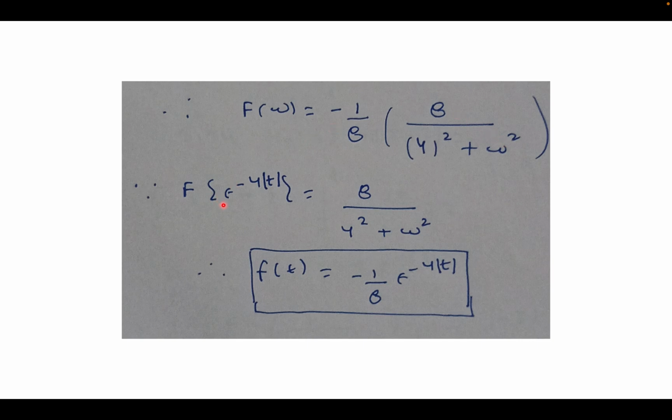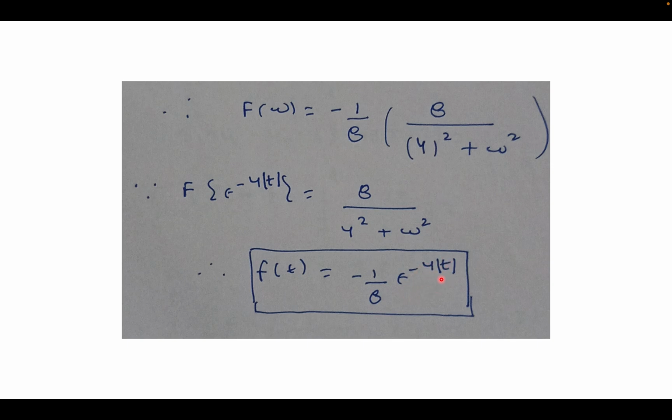And then if you recall, what is the Fourier transform of e power minus 4 mod t, right? If you try to find the Fourier transform of e power minus 4 mod t, then you will get 8 upon 4 square plus omega square, right? So basically, you know the Fourier transform of e power minus 4 mod t, and then you also know what is your F of omega, right? So if you take the inverse Fourier transform of both the sides, what you will get is f of t equals minus 1 by 8 e power minus 4 mod